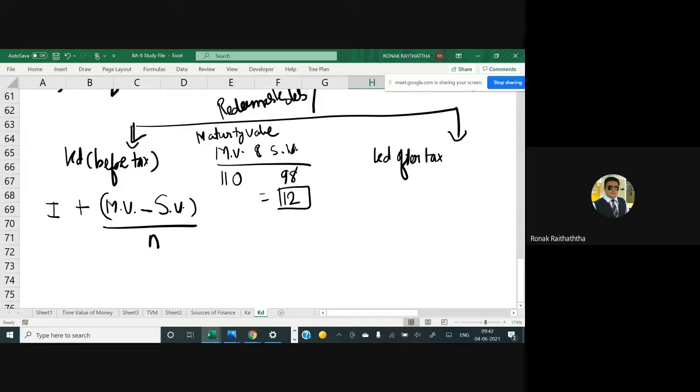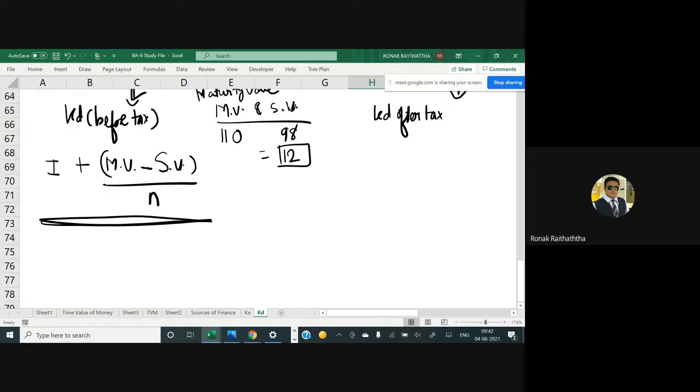Now, these two types of costs are incurred on what? On sell value plus maturity value. Now you take the average of these two amounts. One amount has been received by you, one amount would be paid by you. So let's take the average of it. That is also a generally accepted procedure, to take the average as the denominator. So maturity value plus sell value divided by 2, that will be your denominator. And if you multiply the whole with 100, you get the KD before tax.